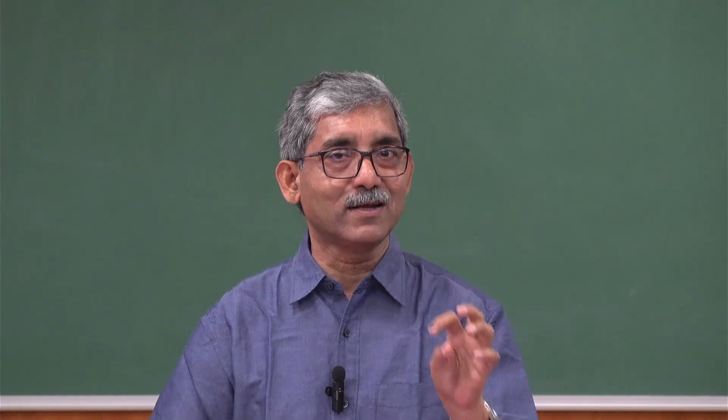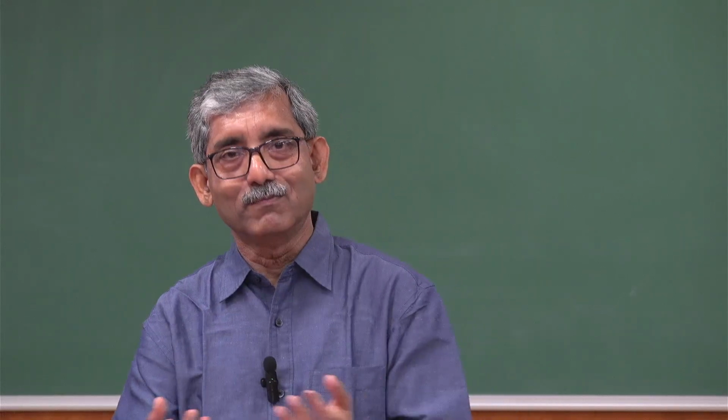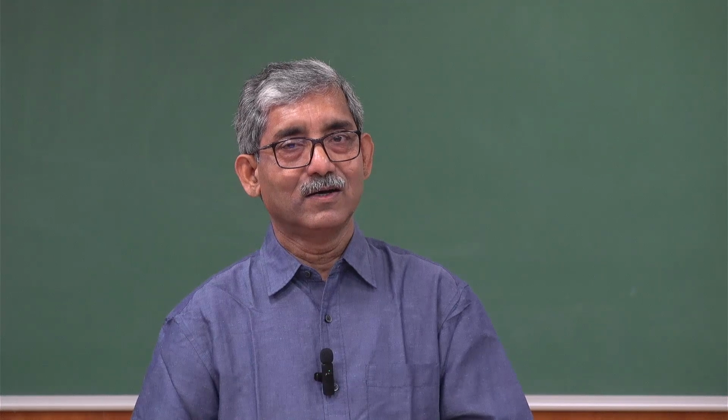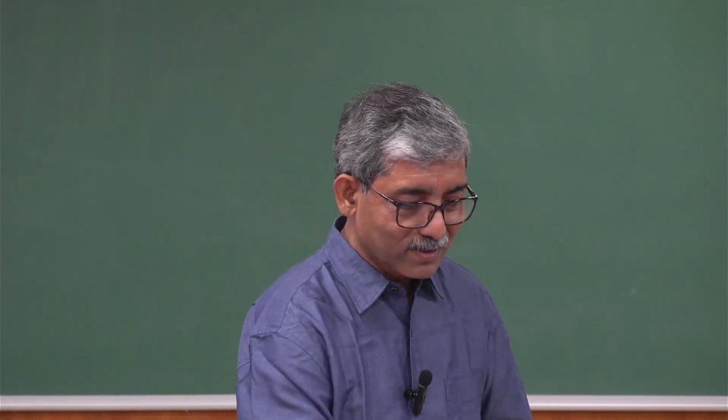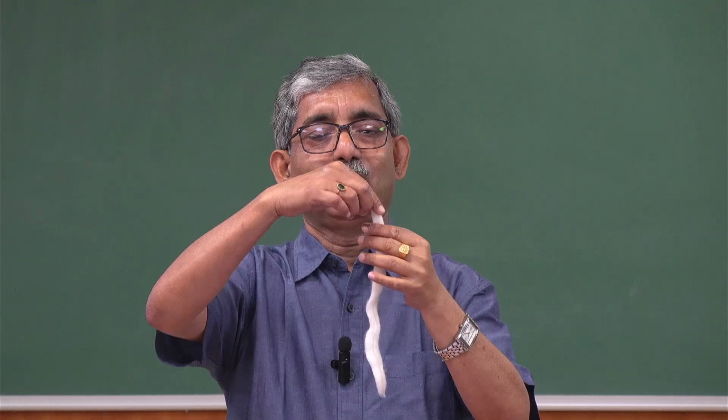One is we are selecting the fibers in length biased fashion, with certain assumptions, and we are picking the fibers not at the edge end point. We are not able to pick the fiber. Suppose this is a fiber, there is no mechanism we are able to pick the